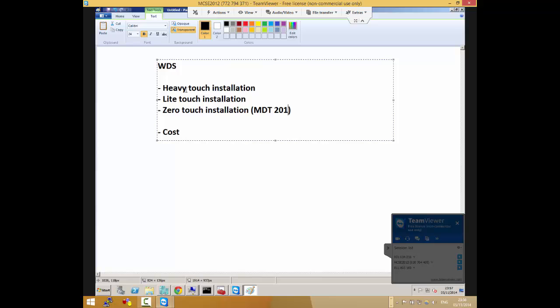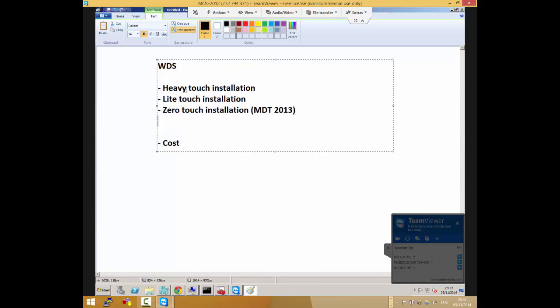I think they have a 2013 version out now, which you can use to prepare the image, prepare your answer files, and other stuff like that. So you can do zero touch installation, but it relies heavily on other technologies to accomplish that.